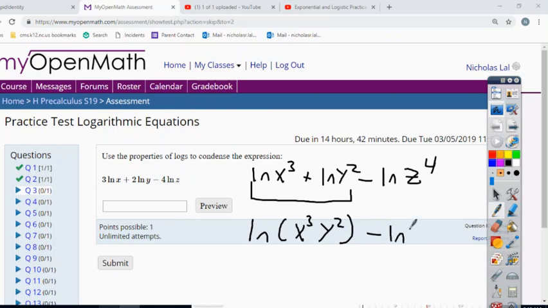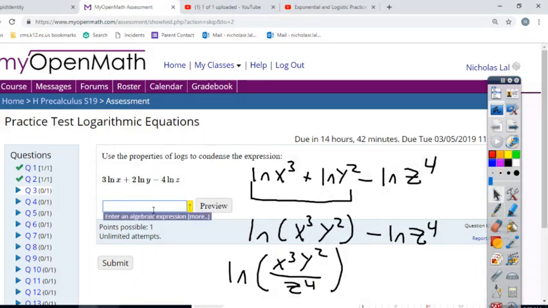minus still the natural log of z to the 4th. Now, I have the natural log of x cubed times y squared minus the natural log of z to the 4th, and I use the subtraction rule to condense logarithms, where you have the natural log of one term minus the natural log of another term. The numerator is the first term and the denominator is the second term when you subtract logarithms of the same base. So that becomes the natural log of x cubed y squared over z to the 4th. And at that point, we cannot